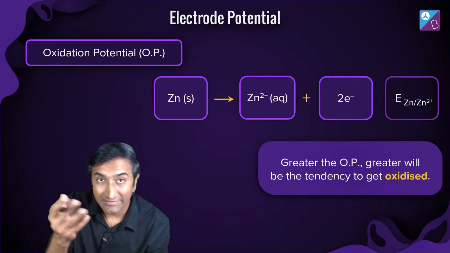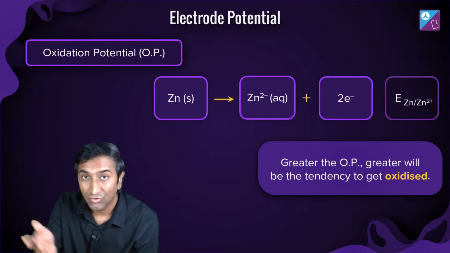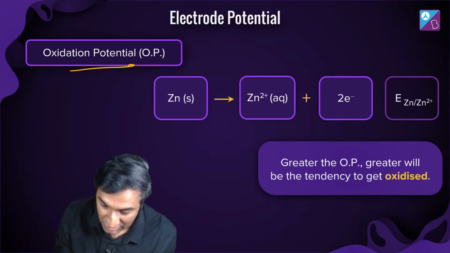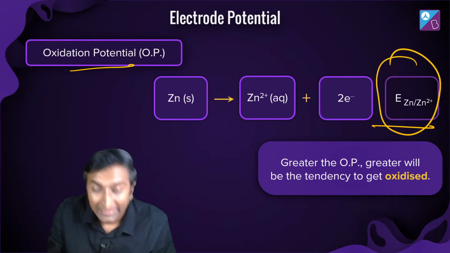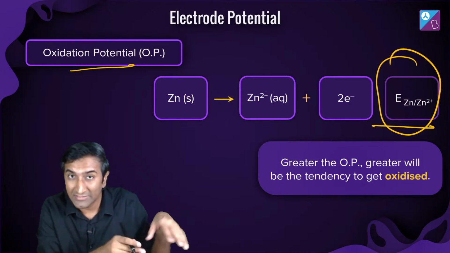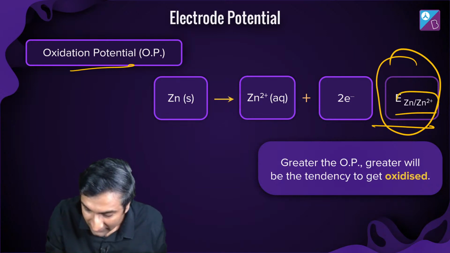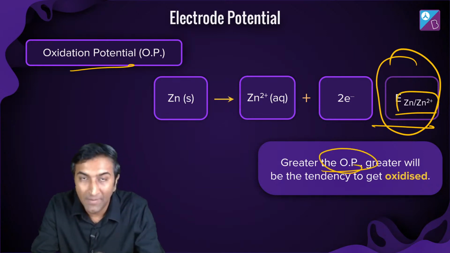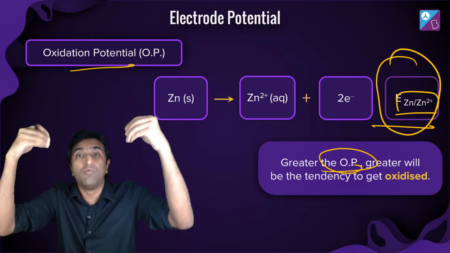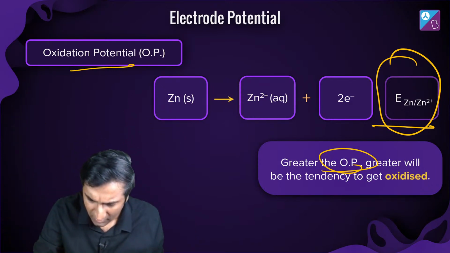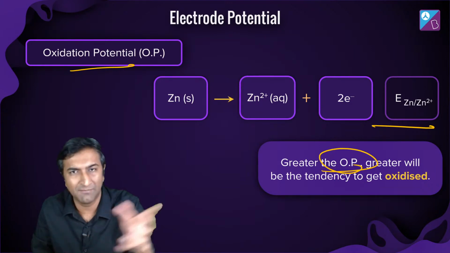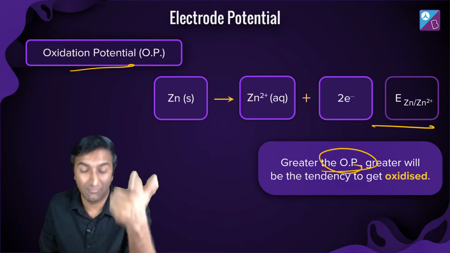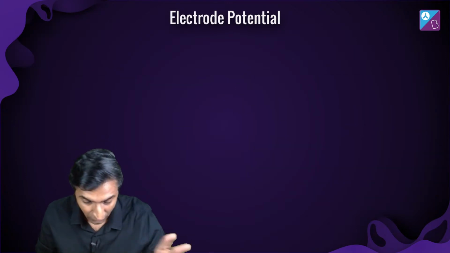ठीक है, अगर उसका tendency है to get oxidized, it is called oxidation potential, and I will write it like this, E Zn, नीचे subscript में, Zn to Zn2+. ओके, अगर ये tendency ज्यादा है तो इसकी न्यूमेरिकल वैल्यू बढ़ जाएगी, more and more positive. ठीक है, what does that mean? Will talk about it, जस्ट 5 मिनट बाद बताते हैं how this is related to thermodynamics, what you already study. ठीक है, डोंट वरी, वो करेंगे.